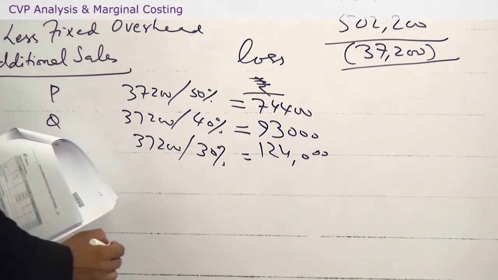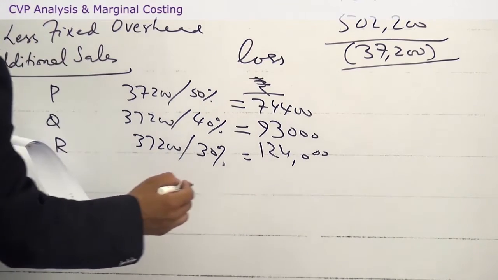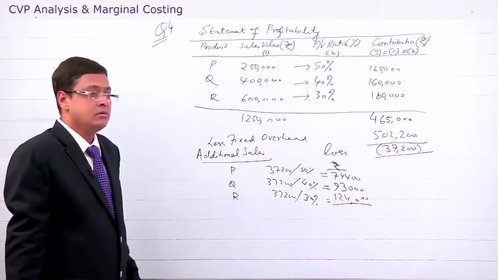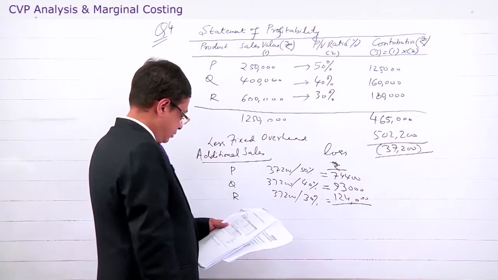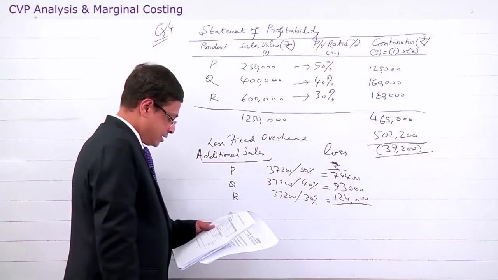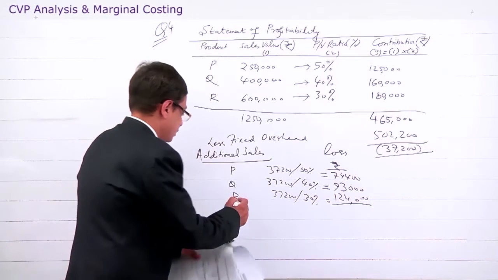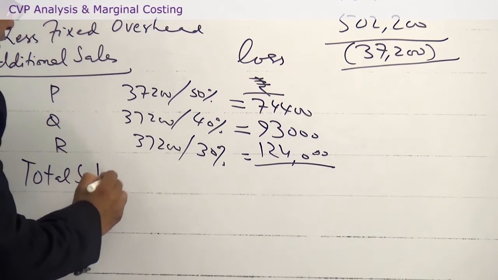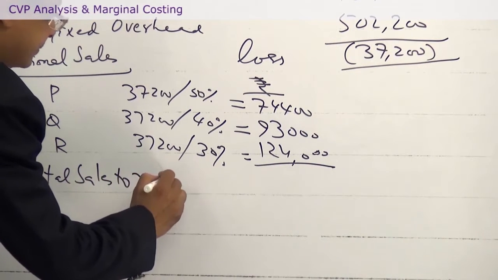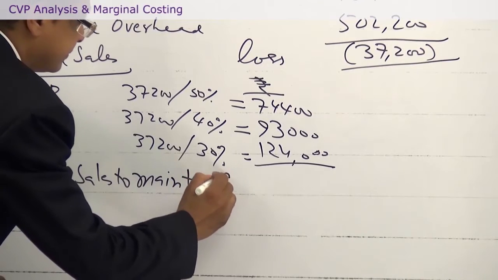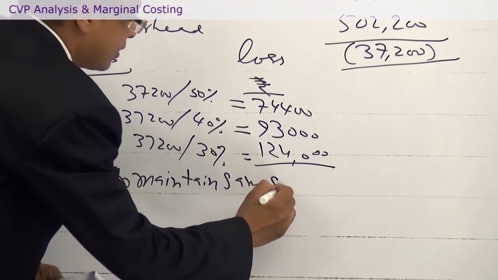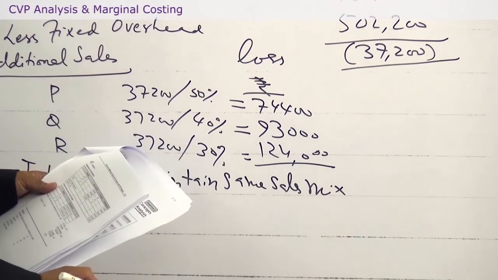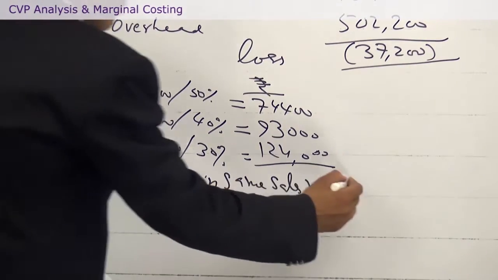On solving, this particular thing, this is the additional sale you have to make, and total additional sale to maintain same sales mix, what you need to do to total sales to maintain same sales mix, what you need to do,